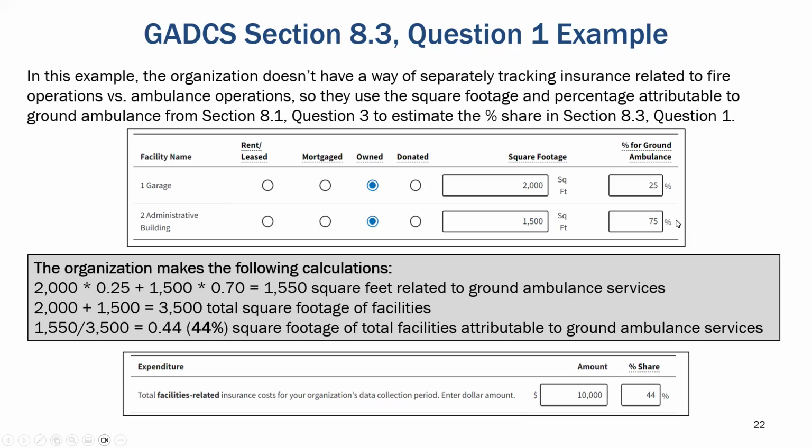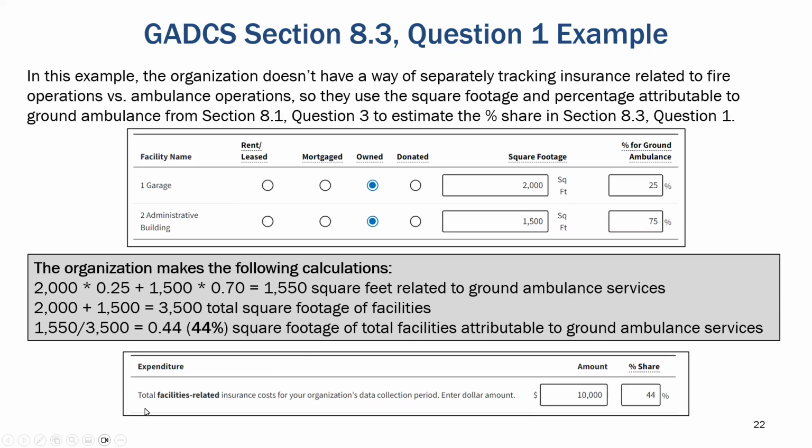And then based on a different factor, the share of responses that were medical versus fire, for this administrative building used across the whole organization, let's say they put in 75%. So this is a complete response to one of those earlier questions in section 8.1. This breaks it out for facility 1, there's a clear share. Facility 2, there's a clear share.